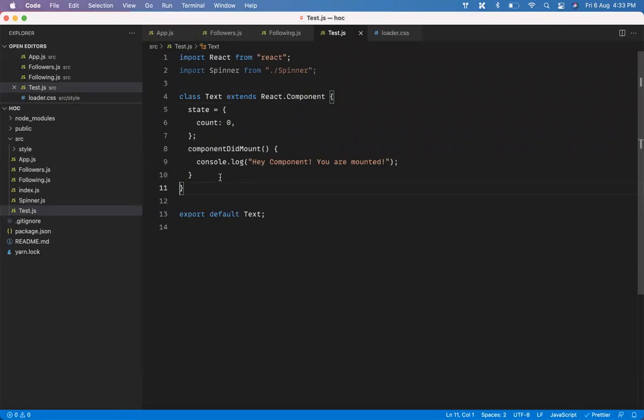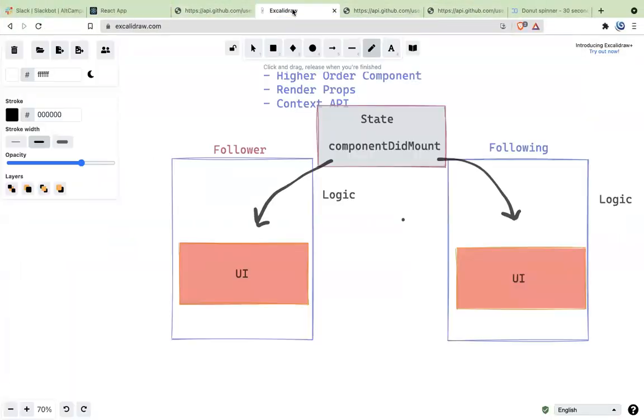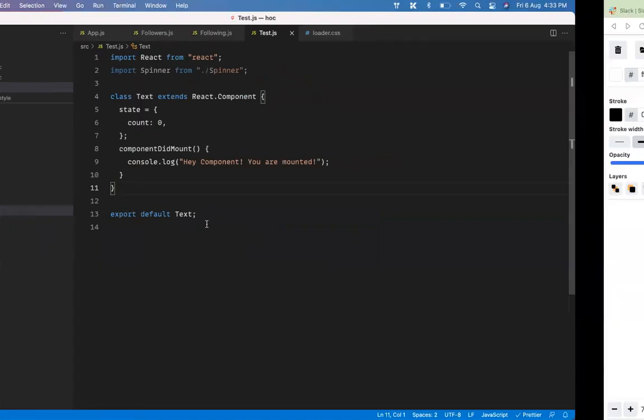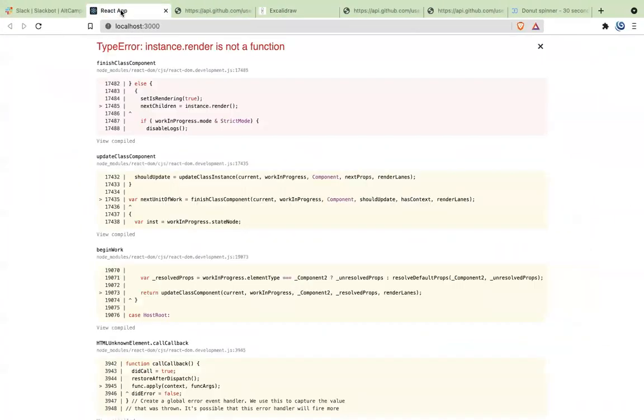Inside a class component, what is logic and what is UI? Like which function represents UI and which function represents logic? Render represents UI. And everything else represents logic. Logic, perfect. I know we talked about it, the only way we can fix this problem is to just separate them. So let's just try separating them. So this is my logic. I'm just taking it out. Now I'm just going to refresh this page.